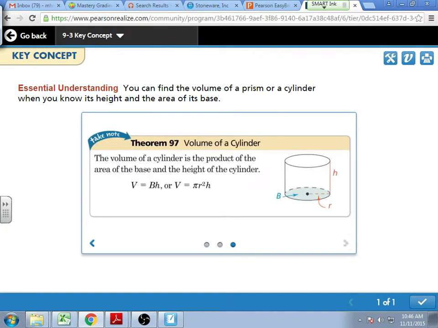Volume of a cylinder, the same thing, except now think about that base area just being round and stacking that on top of each other. You can think of a stack of quarters or any kind of round object stacked up. What would be the volume? Well, take however many layers you have times the volume of the base.